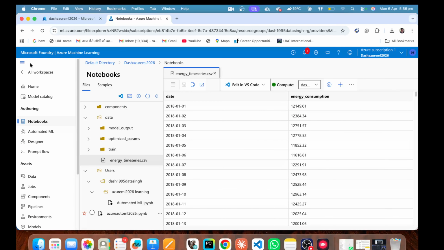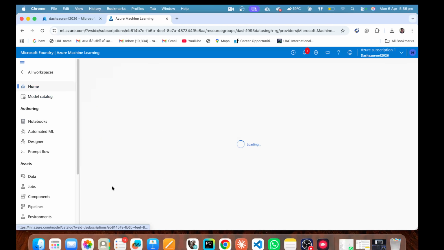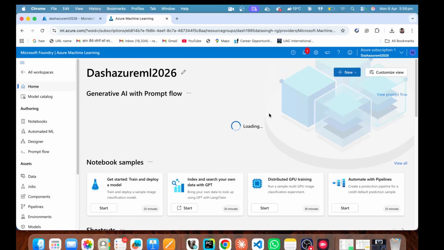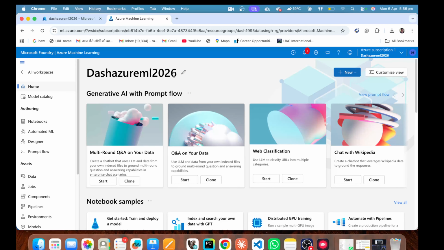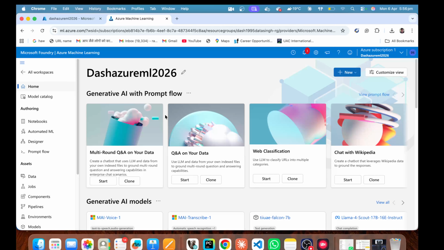I went to Microsoft Foundry Azure Machine Learning. From here as well, you can create. So if you go to the home, right, you can create a new workspace for yourself. Currently, I have Dash Azure ML. So I think it's pretty vast, but